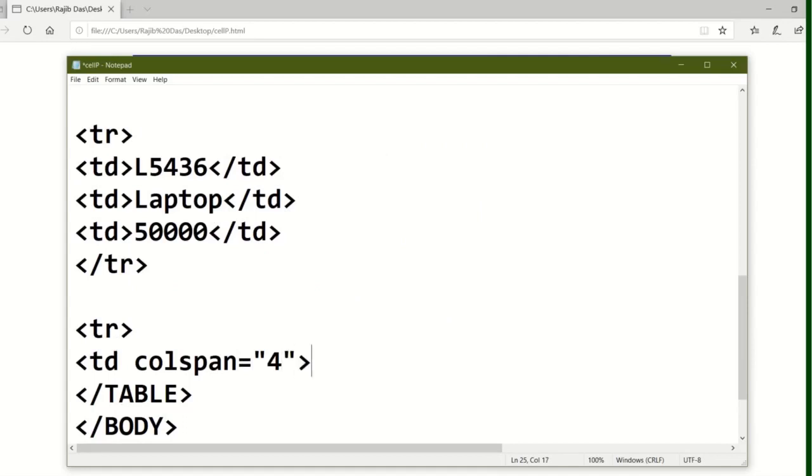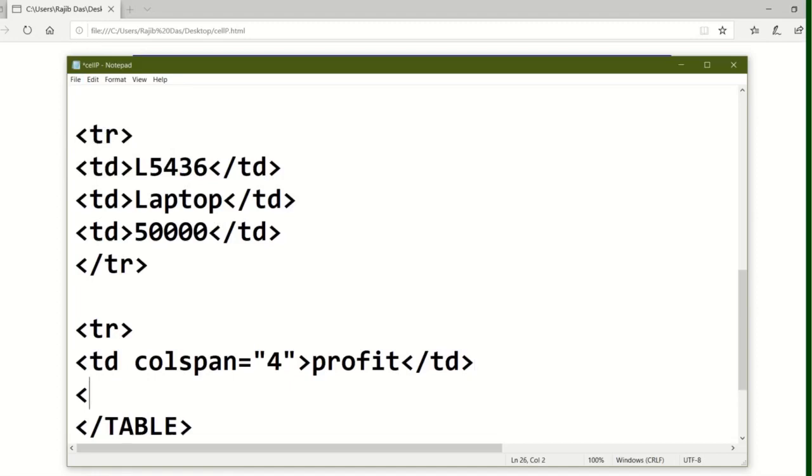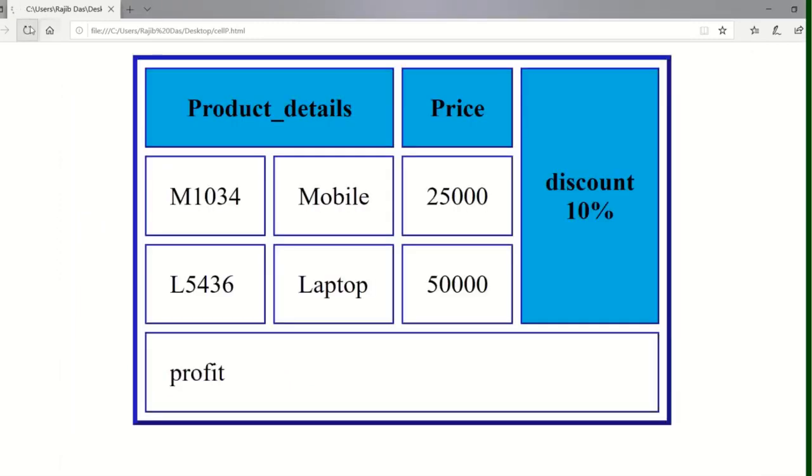Close the angle bracket, and I am writing the profit here, suppose. Close the TD and close the tr also. The fourth row tag you have to close. Then save and go to the output, refresh.